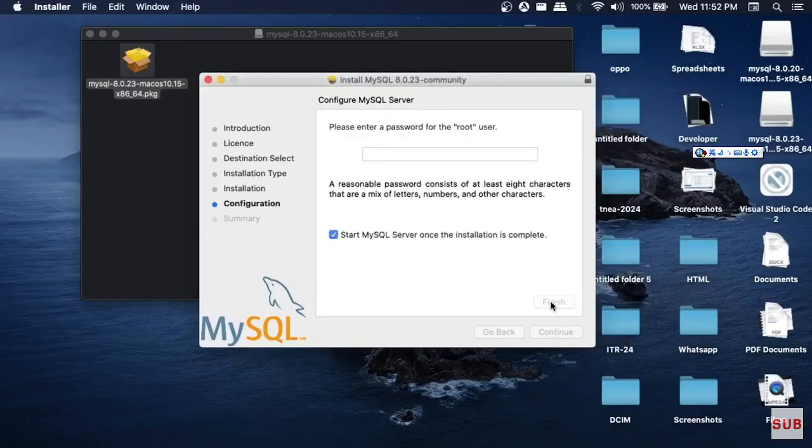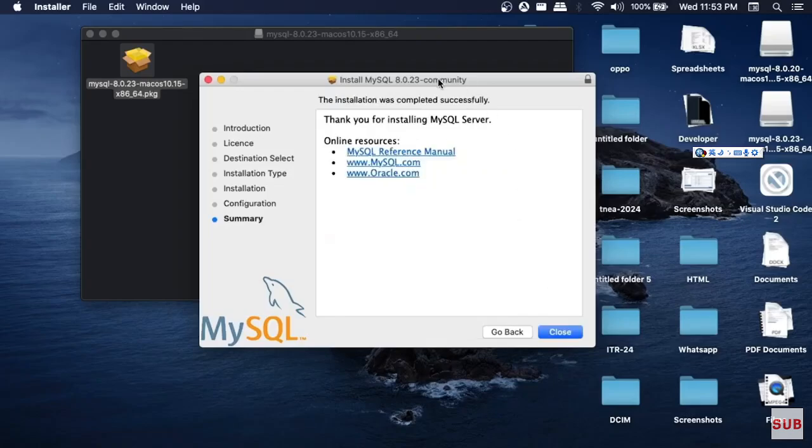Click on next, and here you need to enter your password, and it must be 8 characters that are a mix of letters, numbers and other characters. Also make sure that you are checking this start MySQL server. So I will just enter my password. Once you are done with that, click on finish, and once the installation is successful, you will be getting the